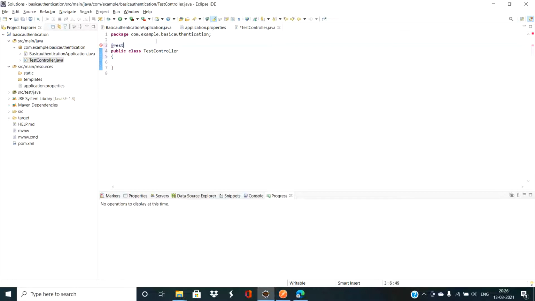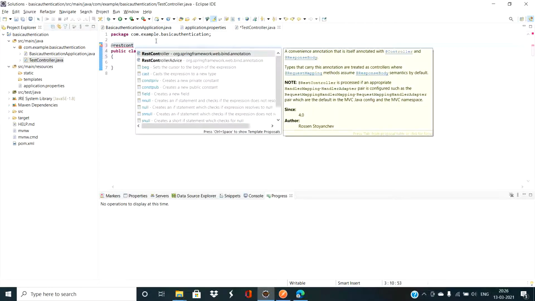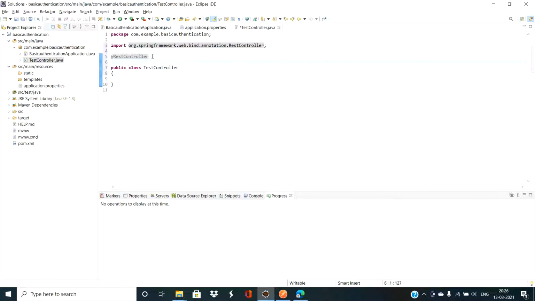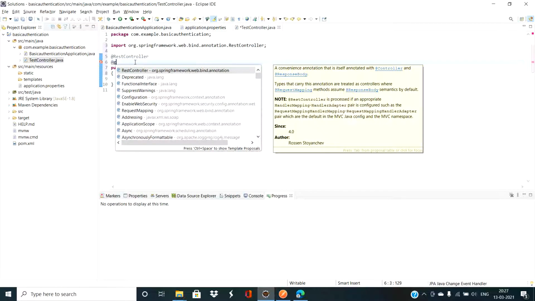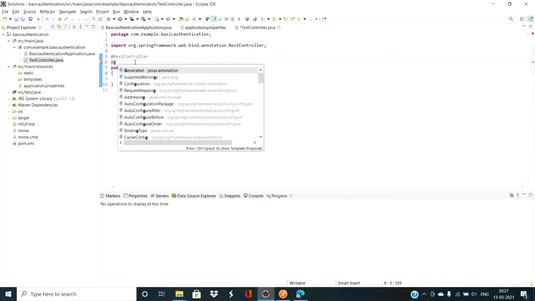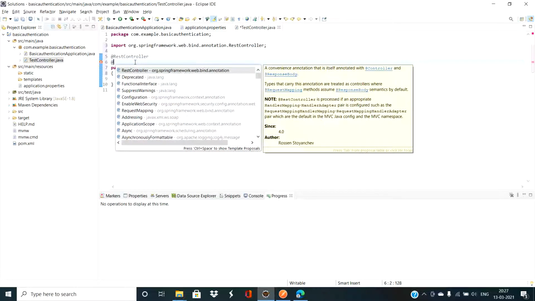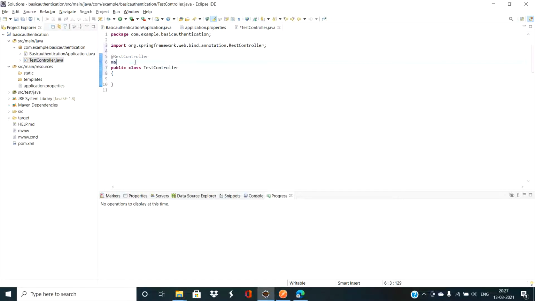Let's make it test controller, and we need a RequestMapping, sorry. For the parameter we are providing a value.